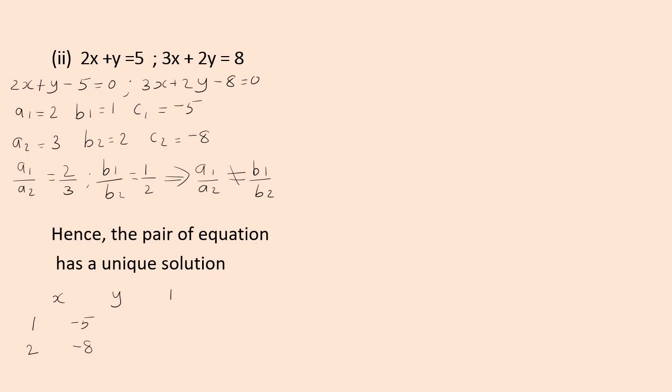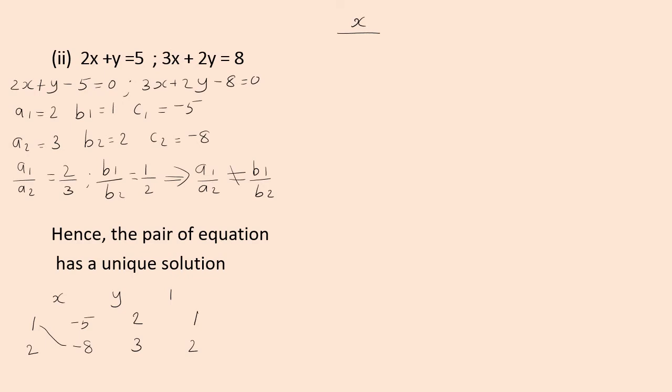x will come in between this 1 and minus 5. Same way, third is column number 1, that is a1, a2. So 2, 3, and the last column is the second one, that is b1, b2, which is 1, 2. Now you have to separate x, y and 1 by equal signs, that is x upon.